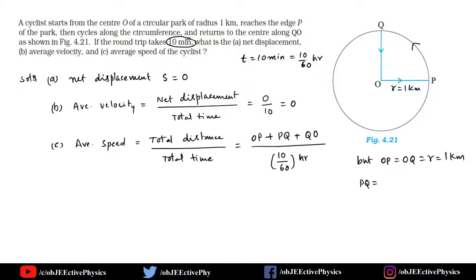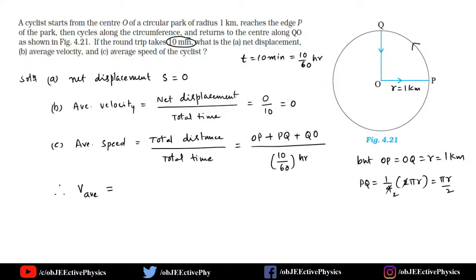A quadrant of a circle means 1 by 4th of the perimeter. That is the meaning. PQ is equal to 1 by 4th of the perimeter of a circle, the circumference of a circle. So here 2 1s are 2, 2 2s are 4, that is pi r by 2. So therefore,